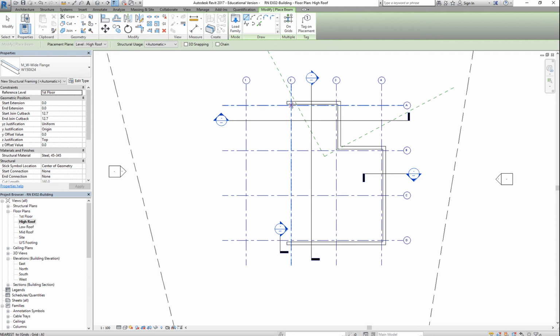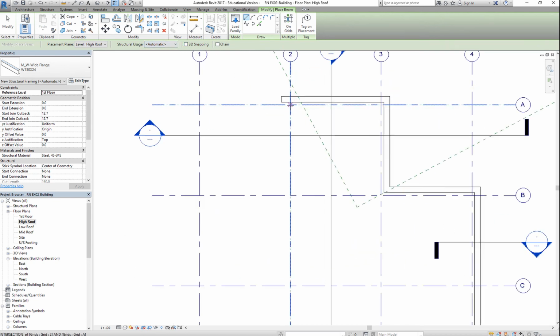Now for beam, you need to go from intersection to intersection. Okay, so level, high roof, structural usage, automatic is okay, or girder, or joist, or purlin, so automatic. And go from intersection to intersection, one at a time, okay? Intersection to intersection. Now, you can place on grid, but I highly recommend that you do it from intersection to